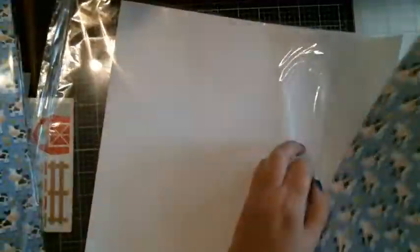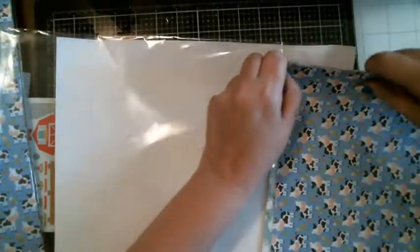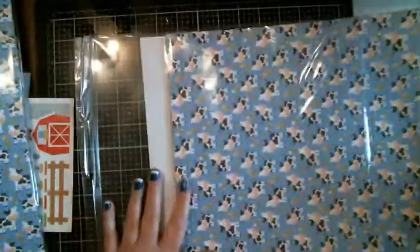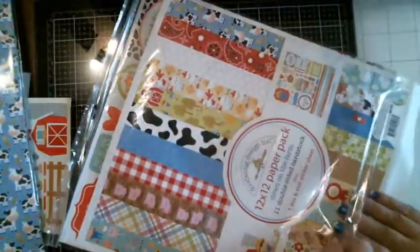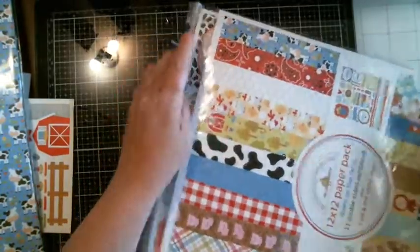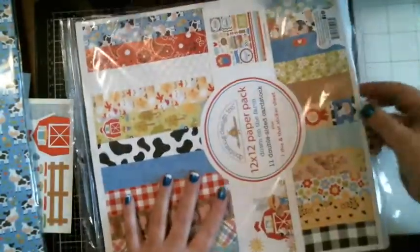Plus, I'll cut them out as well. I try not to waste anything, so I'm going to stick that in there. And then look at all these little images you can cut and use as well. Then let's get in this one. Now,